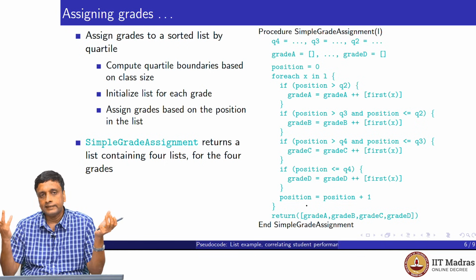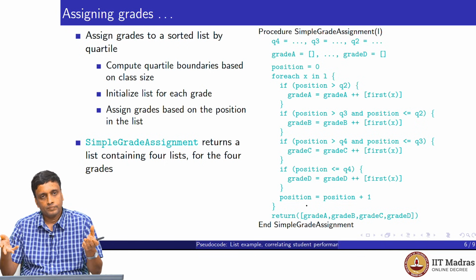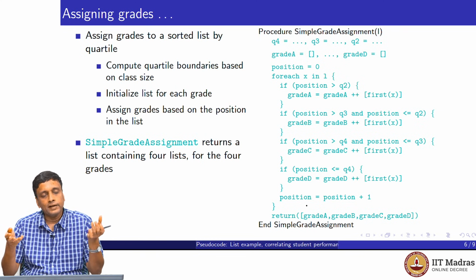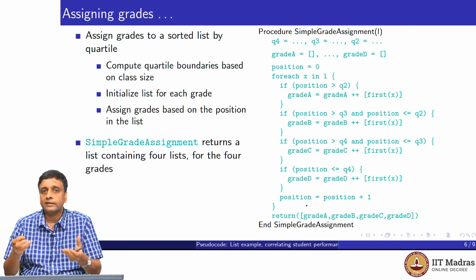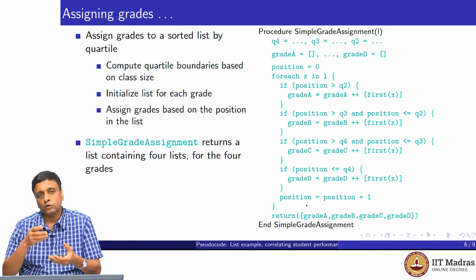So a list can contain anything, in particular it can contain lists, right. So that's what this gets. Now why is this a simple grade assignment? Well, we already saw when we did this by hand with our data set that this is not a very nice way to give grades, because there could be marks at the boundary which are duplicate, right. So the person who has the highest C grade and the lowest B grade may have the same marks,